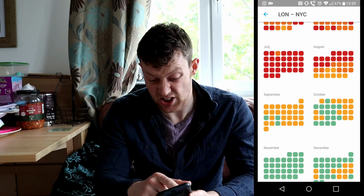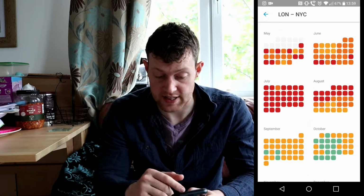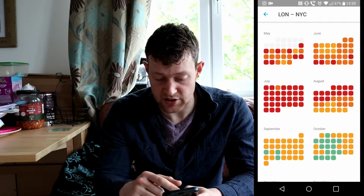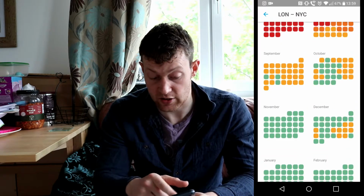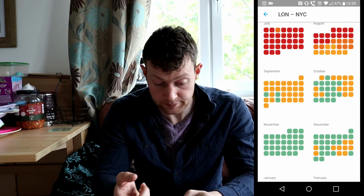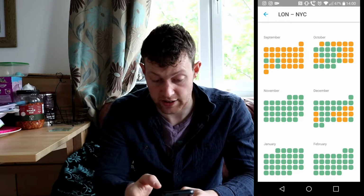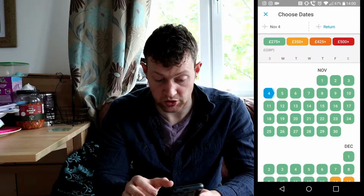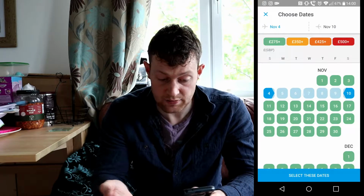So as you can see, July is pretty much all expensive, August it's pretty much all expensive or pretty expensive. Then as you get later on in the year, you get better value, and you can see that November it's cheap. So say you're looking for a cheap holiday, you can go in November. So you want to go for a holiday in November, and then say you only want to go for a week. So you go from the 4th to the 10th, and you can select these dates,